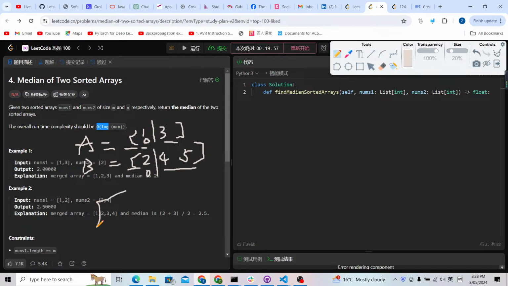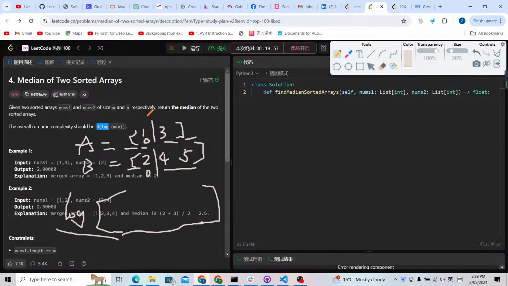If it were one array, we would combine the two arrays into one array. If the length of the combined array is m plus n and we can use a binary search, normally the time complexity should be log(m+n). This means we would have to use a binary search on array A and array B at the same time. But we cannot use a binary search on two arrays, only on one array. So we choose the shortest array, for example A, as our binary search array,